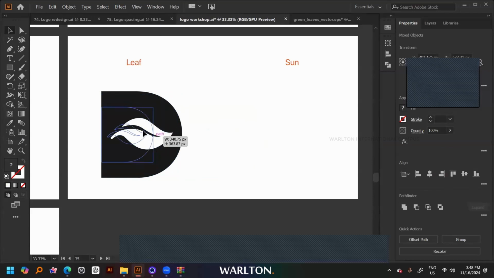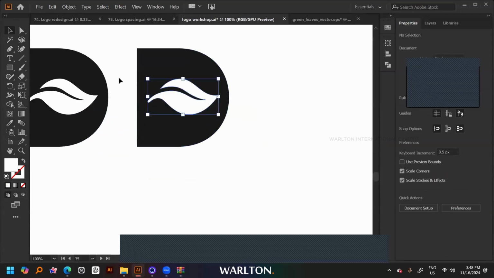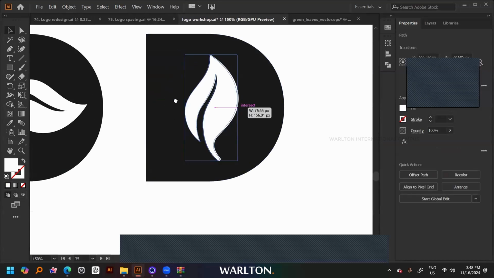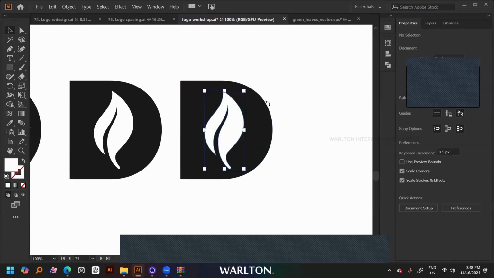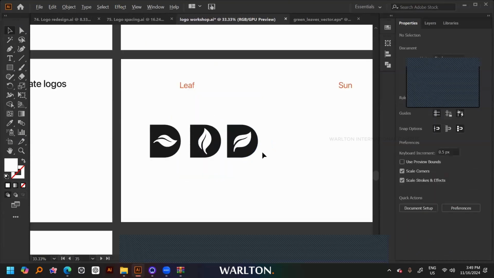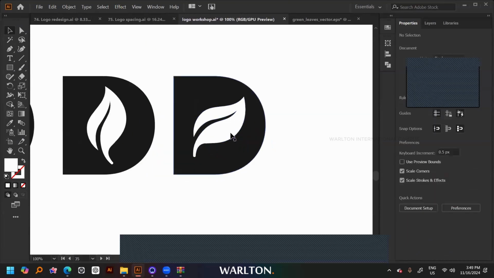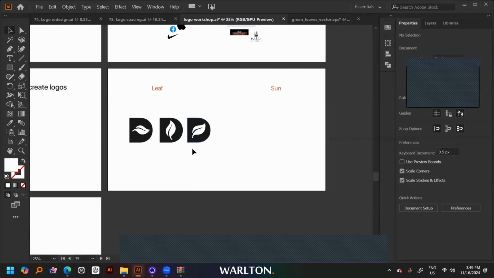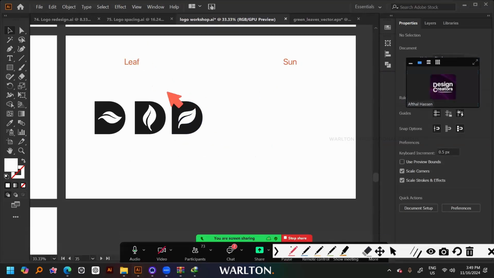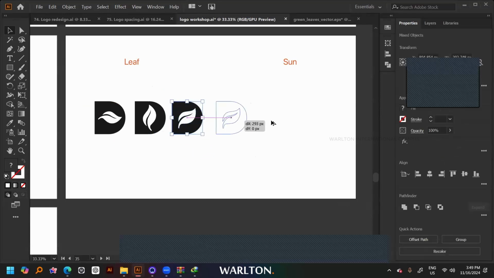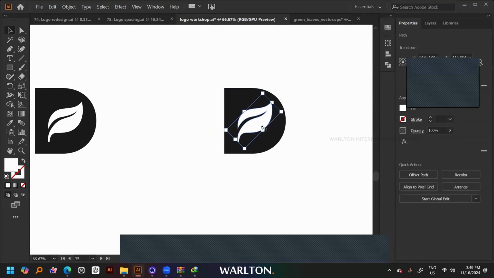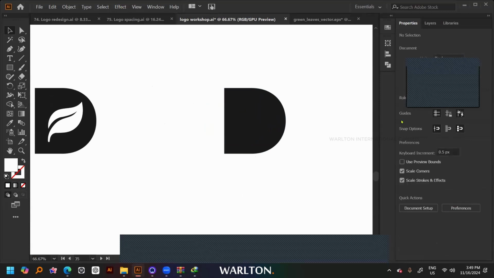After that, I'm going to take the leaf and rotate it, because we are going to do as much as we want with different versions. So that's version 2. If you want, you can put a diagonal one. I think the diagonal one looks cool and awesome. Looks really great. So that's that. I will be making this more special, but before that, for the next one, now you have to come up with